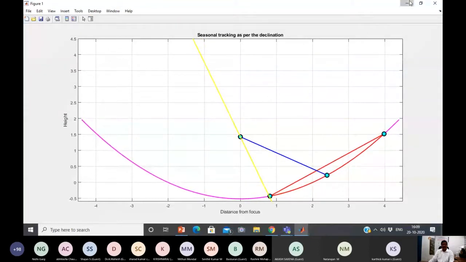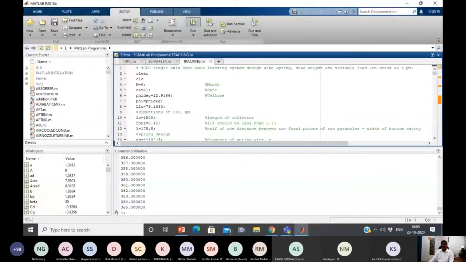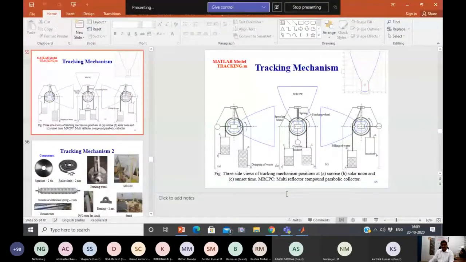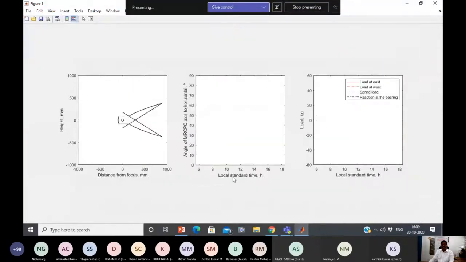And I am showing this tracking, how the collector is moving from sunrise to sunset. See, this is the position of the collector, compound parabolic collector, east position. That's sunrise time. Slowly the collector is moving from sunrise position to the noon time, and correspondingly the angle of this multi-reflector compound parabolic collector is changing from 0 degrees. The angle is 0 degrees in the morning time. It's moving 90 degrees towards the solar noon time, and corresponding